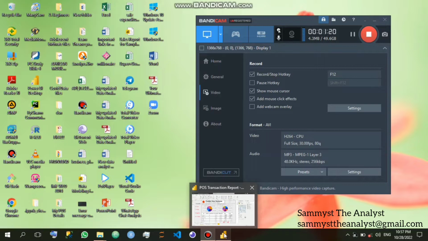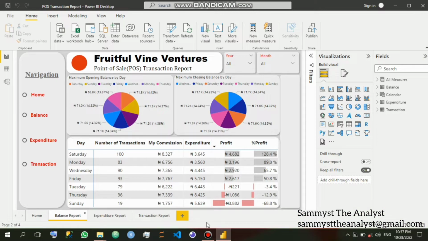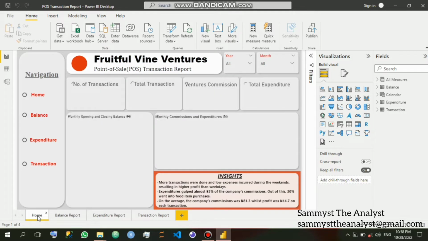My Power BI app is already opened, and I will just click on it, and once I click on it, I will have to go to the home tab. Okay, so here is the home tab. Now this particular data is a real life data,